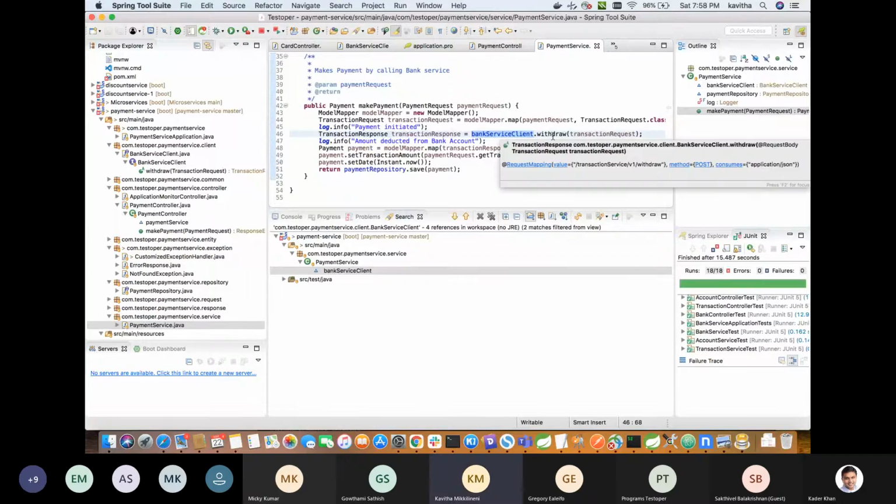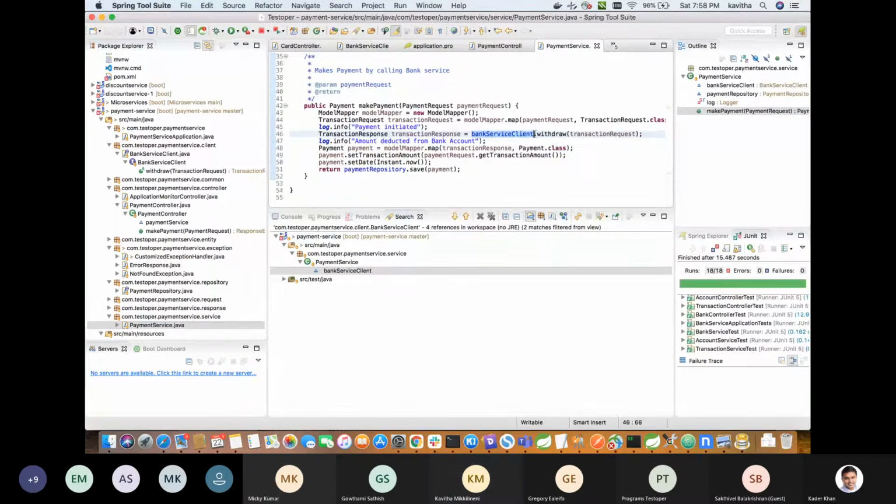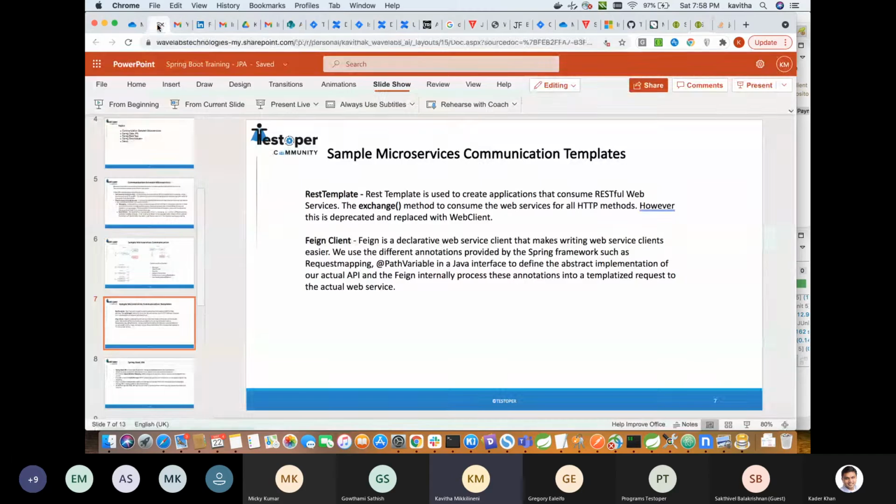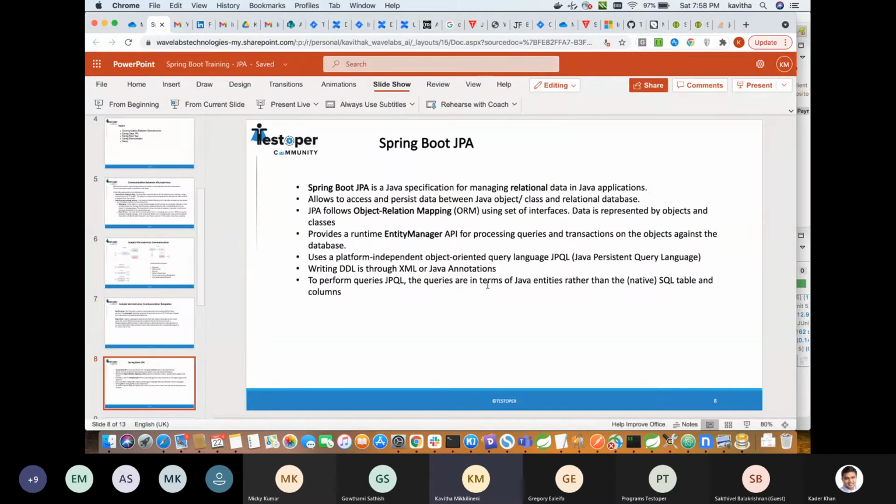Just doing the interface call here. Internally, the communication has been established. Okay. Any questions here? We will go to the JPA part, the most interesting part.